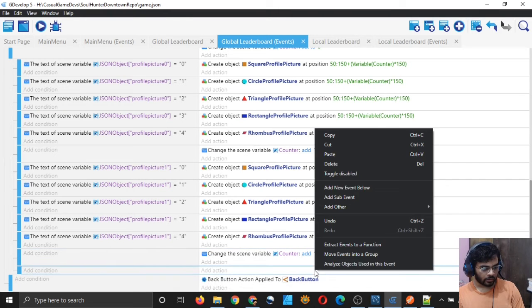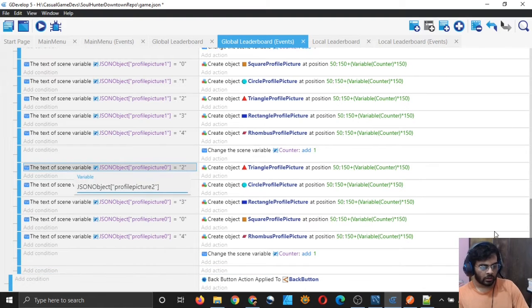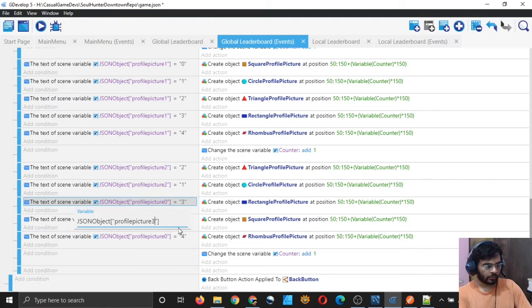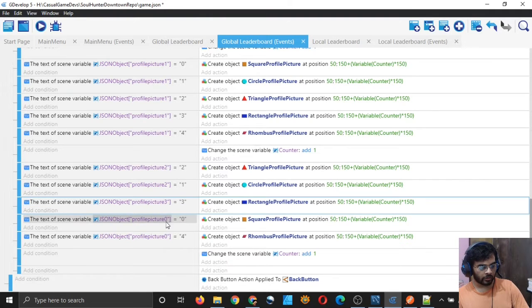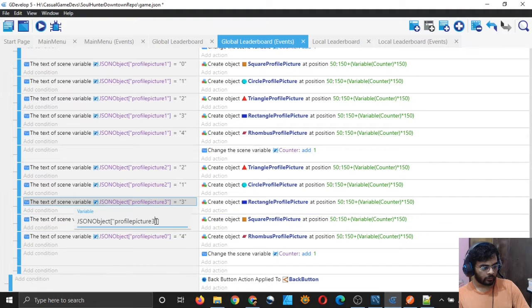Again, click here and right click and paste, so that we paste again, and simply change this 0 to 2 now. I know it is cumbersome, and we have to actually do what a while loop would have done for us, right? But it's kind of difficult to simulate arrays in GDevelop, so we are doing it this way. Oh, I have to write 2, I'm writing 3. I have to write only 2 here.